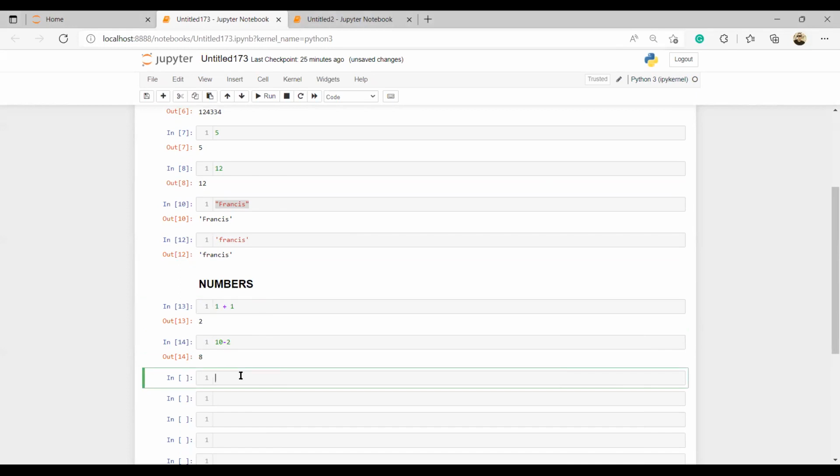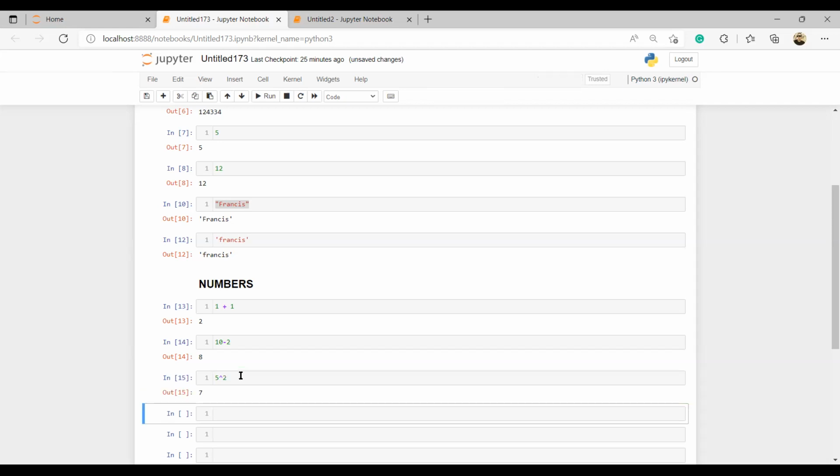For example, in Excel, how do you raise to a power? If I say 5 raised to power 2, what should I have? 25. Good. In Python, it is not done that way.